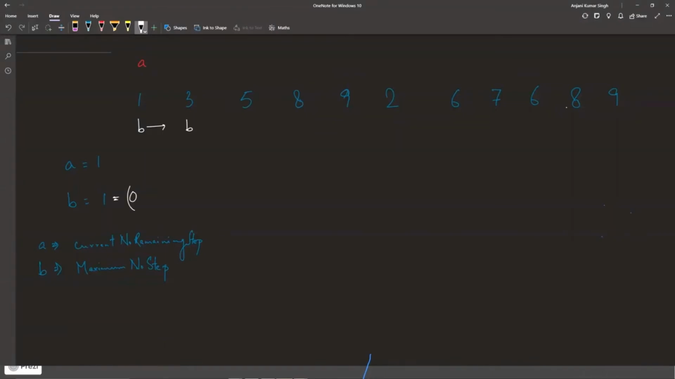Now at 0, since this is the maximum number of steps, it will take the max function. What is the maximum between 0 and 3? It's 3. Now A also went here. It got decremented by 1. A became 0. As soon as A becomes 0,